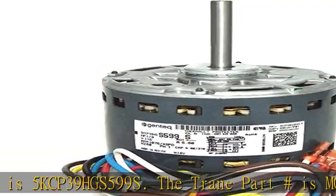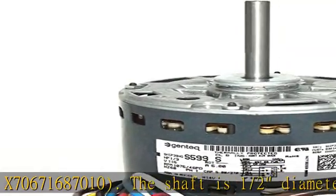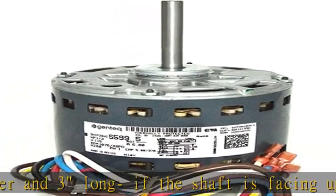X706716871010. The shaft is 1/2" diameter and 3" long if the shaft is facing up, as seen in the picture. Rotation is clockwise. Motor uses a 5UF370 capacitor. Partial list of Trane/American Standard units that use this item: